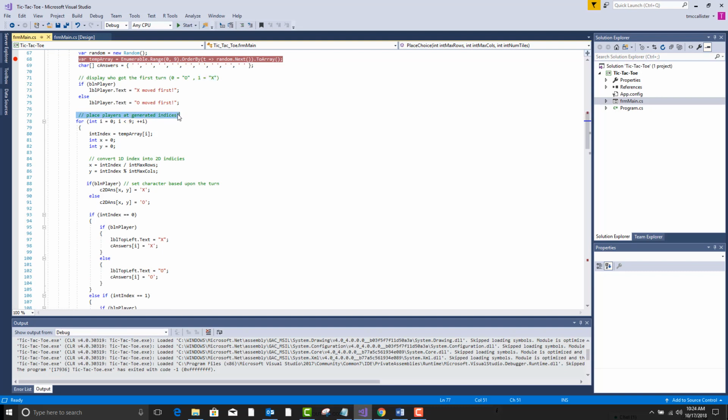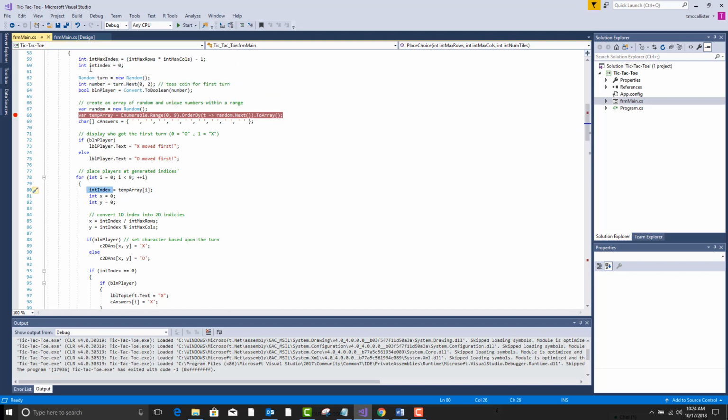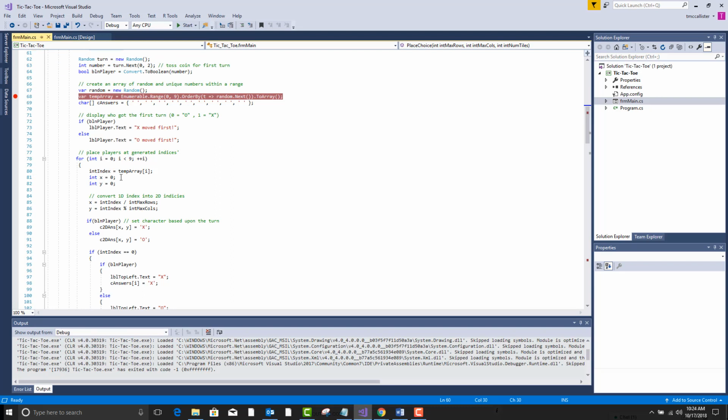All right, so now we're going to place the players at the generated indices. And since this is a one-dimensional array that we're pulling the indices out of, I'm going to loop from 0 to 8 and increment by 1. Here's a little index, just a little temporary variable here. And there's my temp array. All right, my temp array has got those indices in there. So I'm starting at index I in the temp array, which is really 0 because I starts out at 0. Whatever number is stored there, that's going to be the actual index that I'm going to stick an X